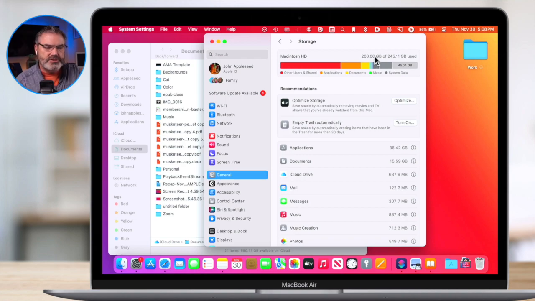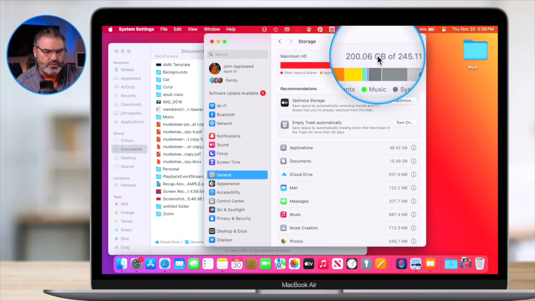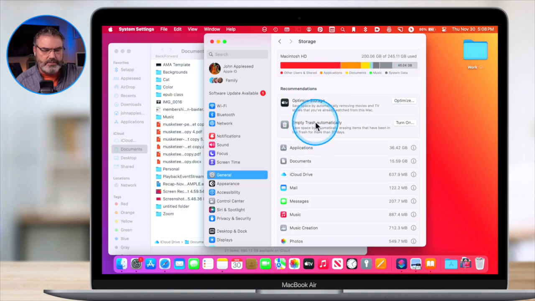So if you are full, let's just say I did want to optimize this a little bit. What can I do? Well, the first thing you can do is turn on empty trash automatically. So then it'll empty the trash. A lot of times you put stuff in the trash and you don't empty it. Another thing you can do is go to your downloads folder. I know my downloads folder gets to be very large because I never prune it. Go to your downloads folder and delete the stuff that you don't need. In most cases, once you download it, you move it to your documents or to your applications, wherever you're going, so you no longer need it in your downloads folder. So you could prune out your downloads folder.